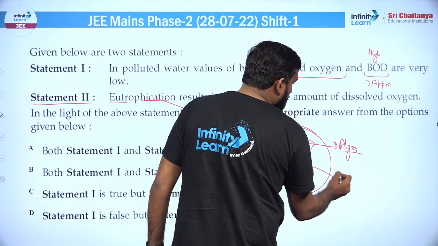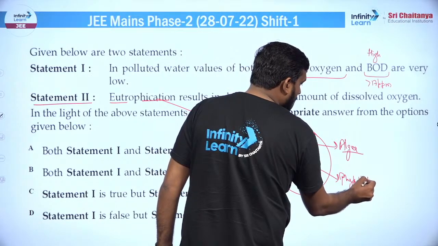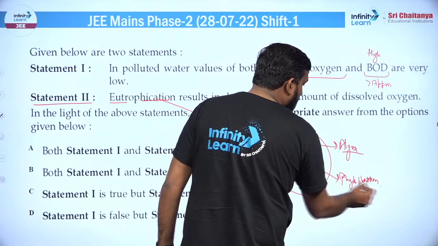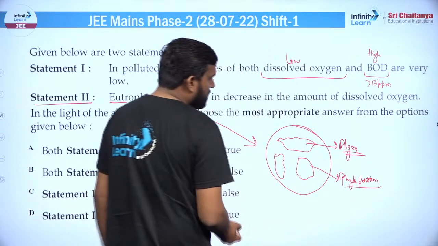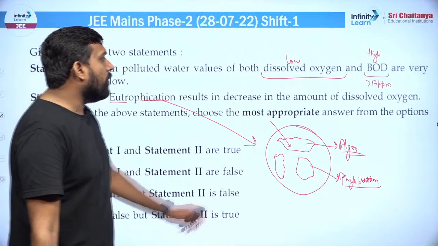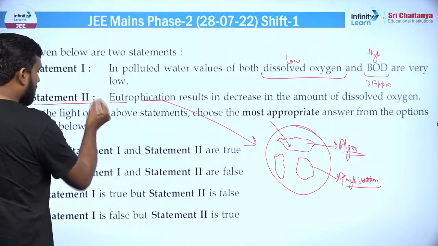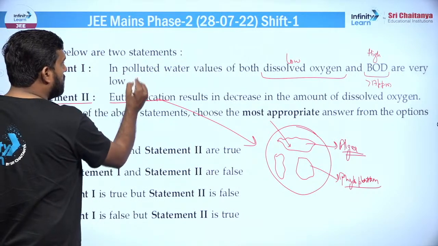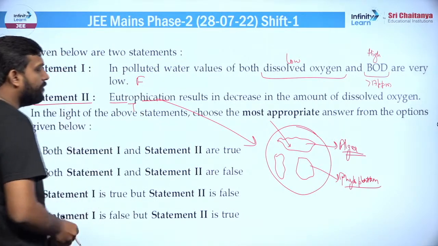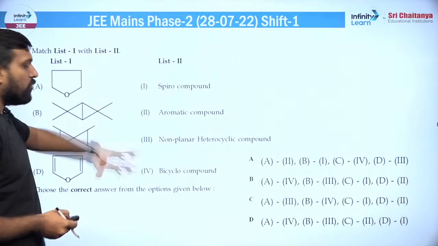एल्गेस और फाइटोप्लैंक्टन यहां पर थोड़े से ज्यादा हो जाते हैं। तो अब इन फाइटोप्लैंक्टन्स और एल्गेस की ग्रोथ की वजह से जो कंजम्पशन ऑफ ऑक्सीजन है वो बढ़ जाता है, ठीक है। तो बेसिकली जो डिसॉल्व्ड ऑक्सीजन है वो कम हो जाता है, क्योंकि ये ऑक्सीजन ग्रैब कर ले रहे हैं। तो ये पॉइंट ट्रू है और पहला वाला फॉल्स है, दिस इज फॉल्स, दिस इज ट्रू, ठीक है। चलिए आगे बढ़ते हैं।